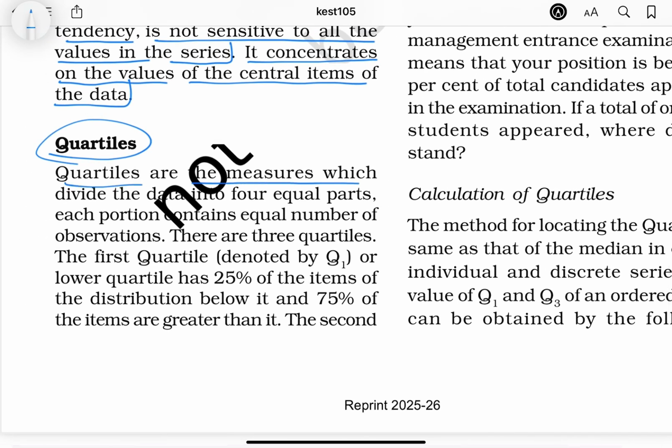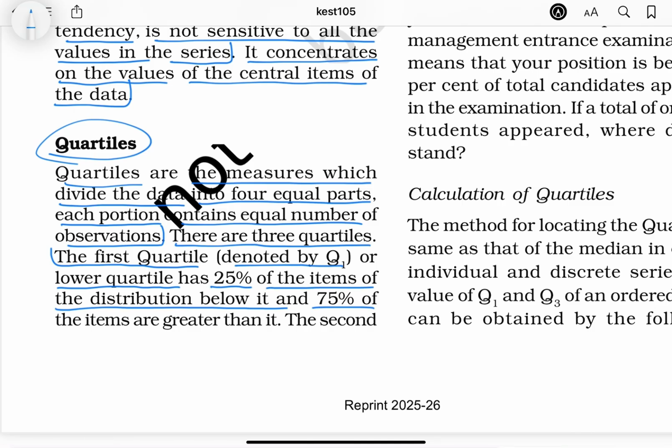Quartiles are the measures which divide the data into four equal parts. Each portion contains an equal number of observations. There are three quartiles. The first quartile, denoted by Q1 or lower quartile, has 25% of the items of the distribution below it, and 75% of the items are greater than it. The second